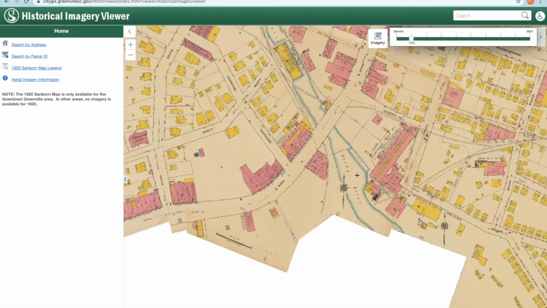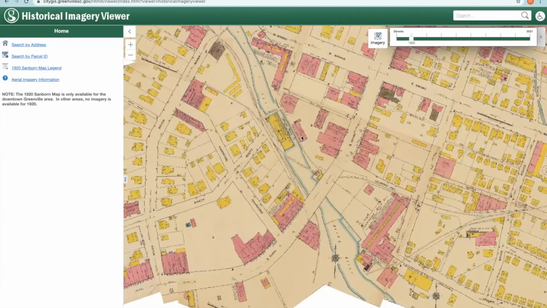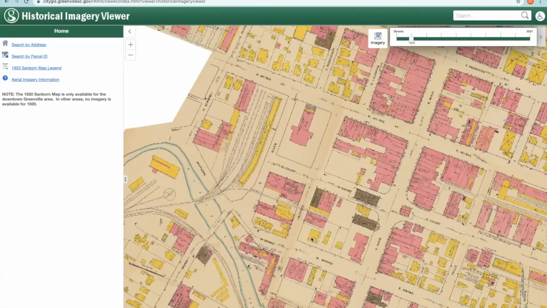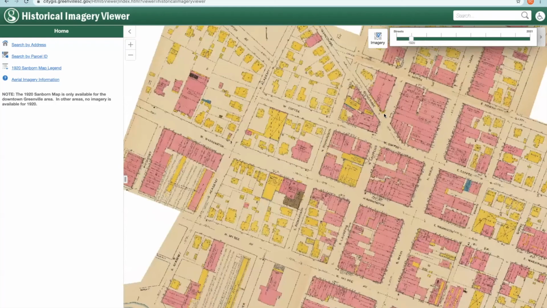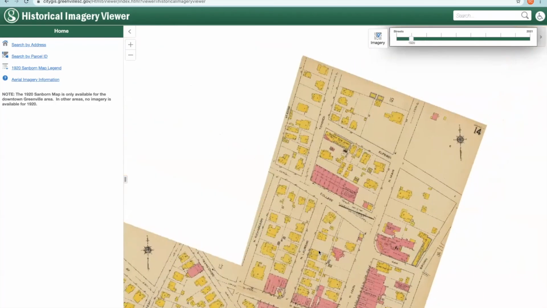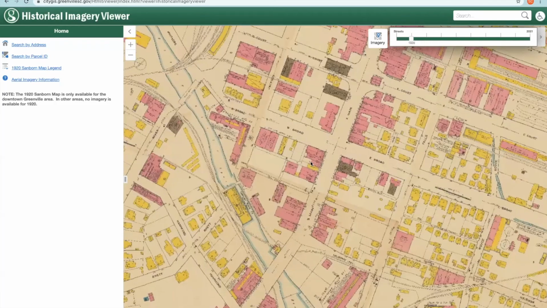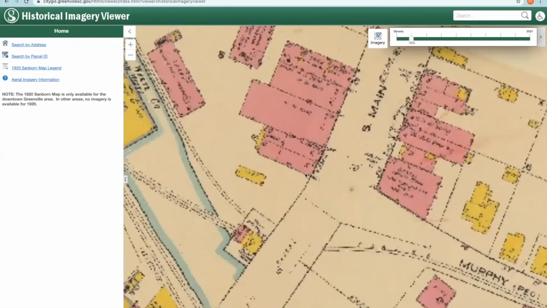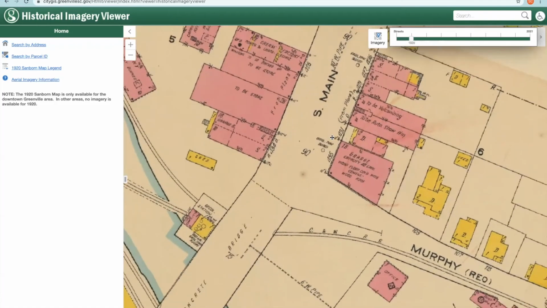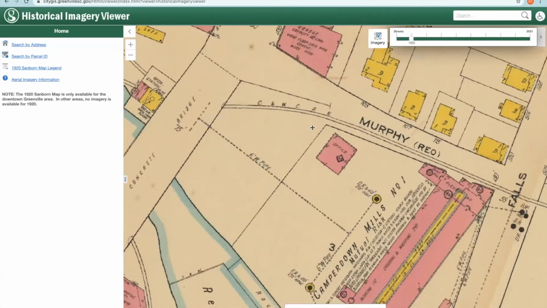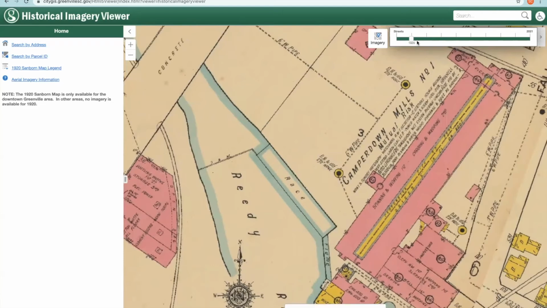You'll notice that some of this is blank, and that's because not all of the areas on this map have Sanborn maps. It's mostly concentrated in downtown, but still super neat to see. And we can zoom in and you can see the details on the buildings, and you can see how the streets were laid out back then. So that's very neat.